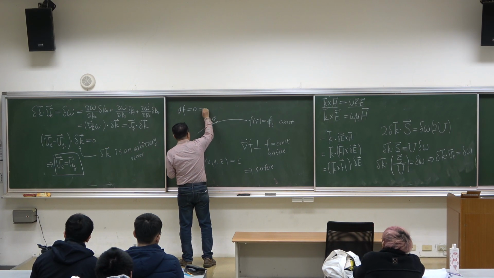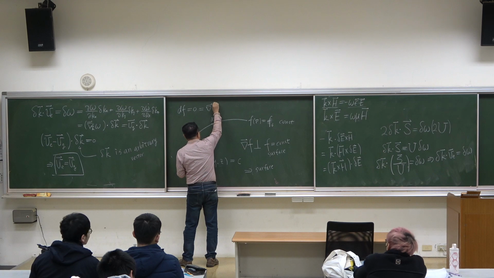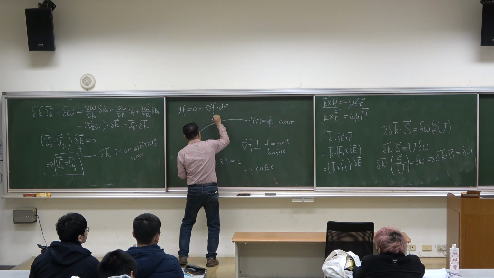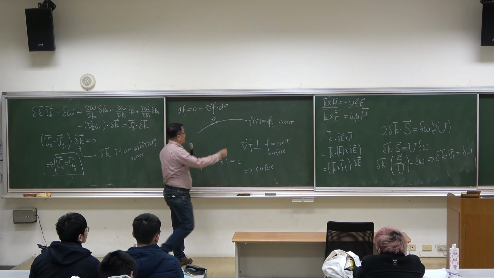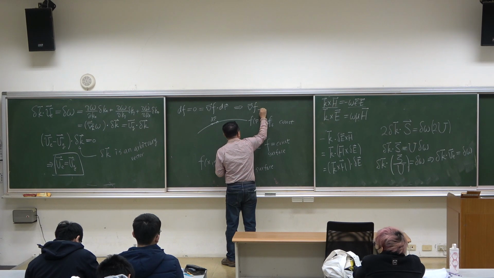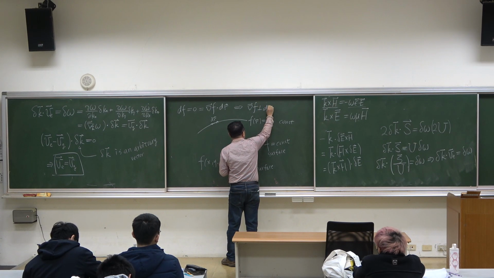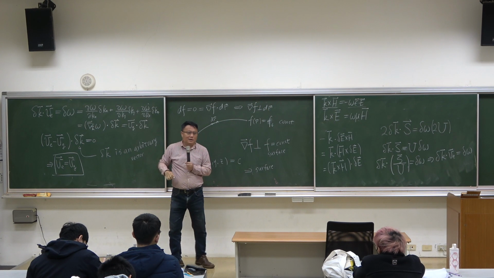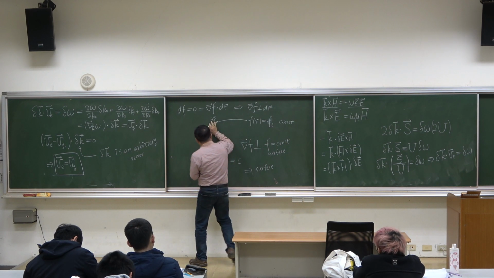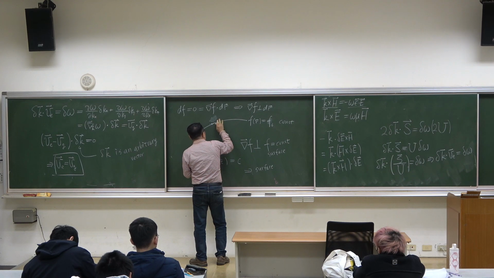However, df is equal to gradient f dot dr. So this means that gradient f is perpendicular to dr. Okay, so the direction of gradient f, the direction of